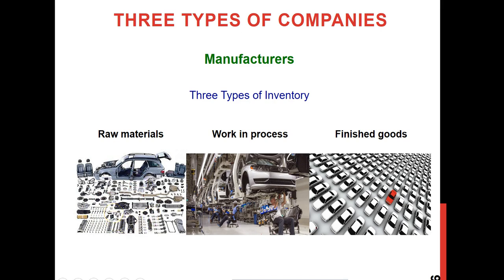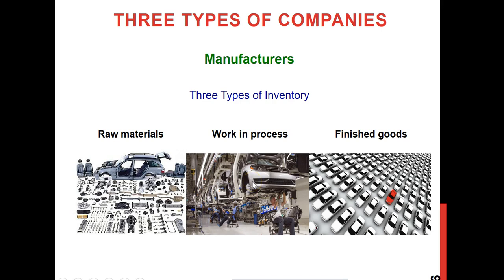Then what they do, they actually bring all those raw materials into their factory. This is their production line, and then they hire their employees, all types of labor force, all working hard to combine all those raw materials, and this is how they are trying to make their final product. So when these are in the factory line or under production, then we will call this type of inventory